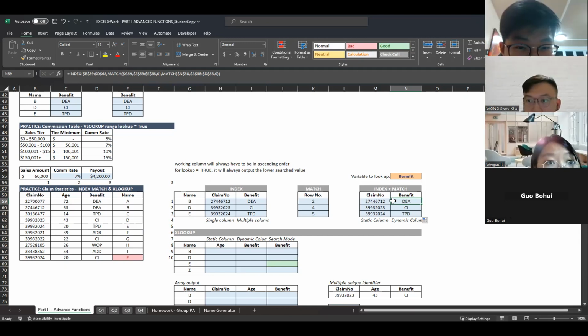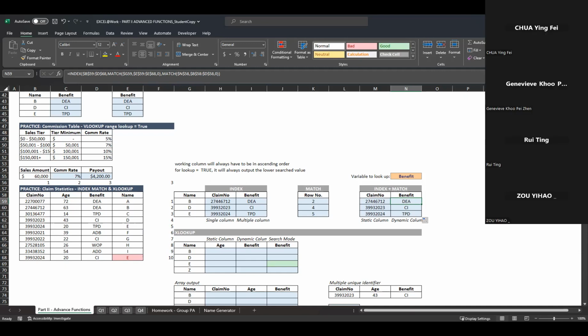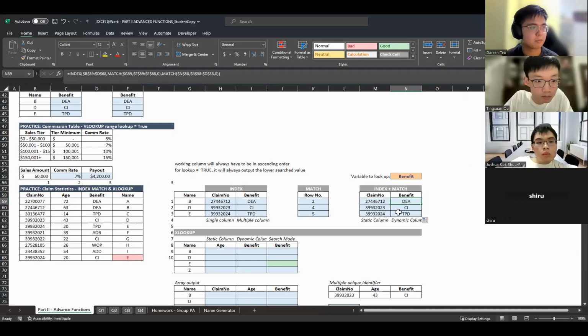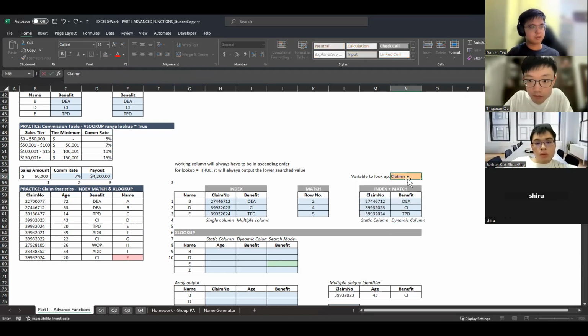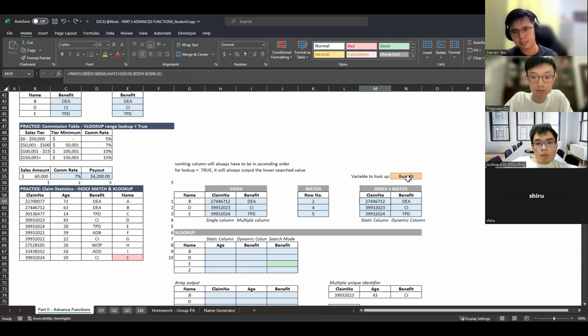Yeah, this is not easy to digest, by the way. At the first run, INDEX and MATCH is not easy to understand. So it's better to type it out once yourself to see how it runs, and then after that you try to do it. My tip for you is to do the static one first, and if it's okay, then you try to make it a little more dynamic. Dynamic means that if I change this claim number, then this will change accordingly. So it makes things a little bit simpler for your life. And static means keeping it constant at this particular column while changing the rows.